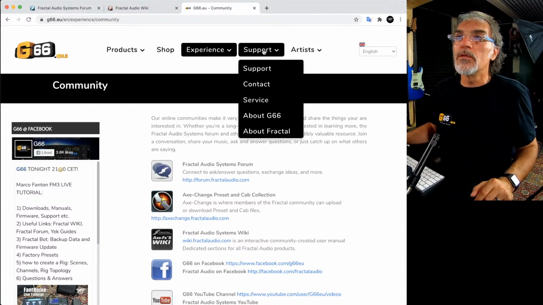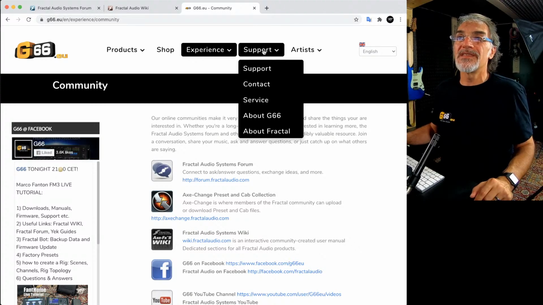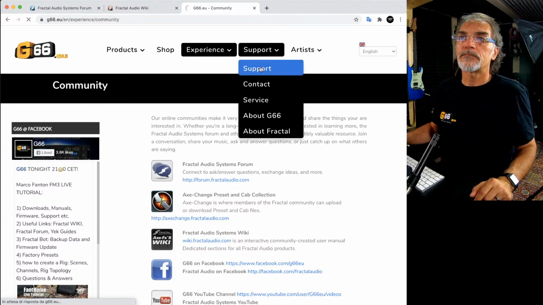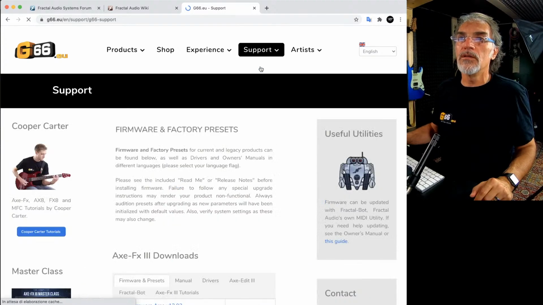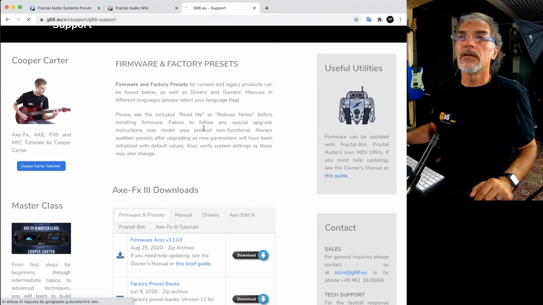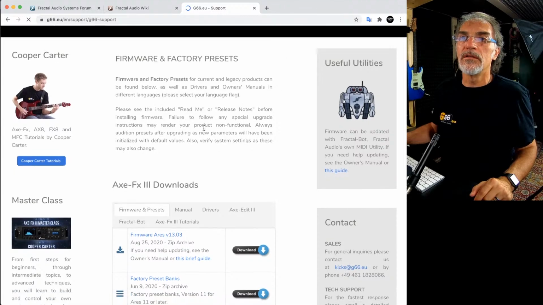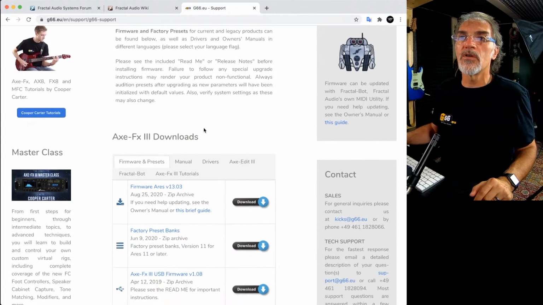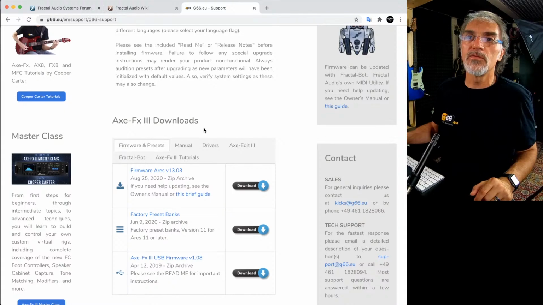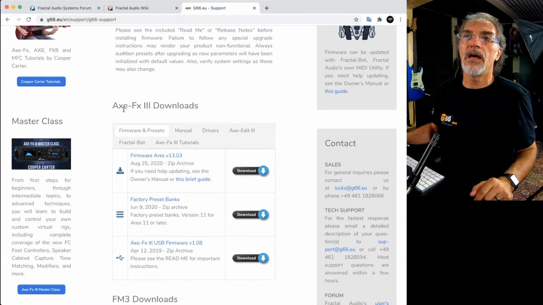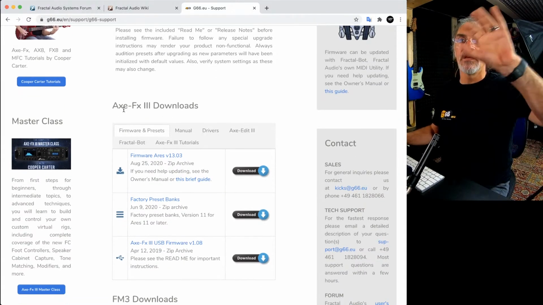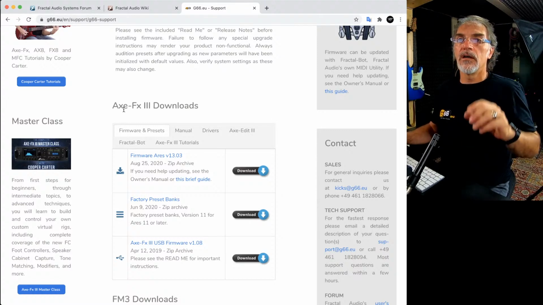So a very important link on the G66 website is the support link, where you can again find all the software and firmware related to the devices. For example, it is a summary of the other pages.